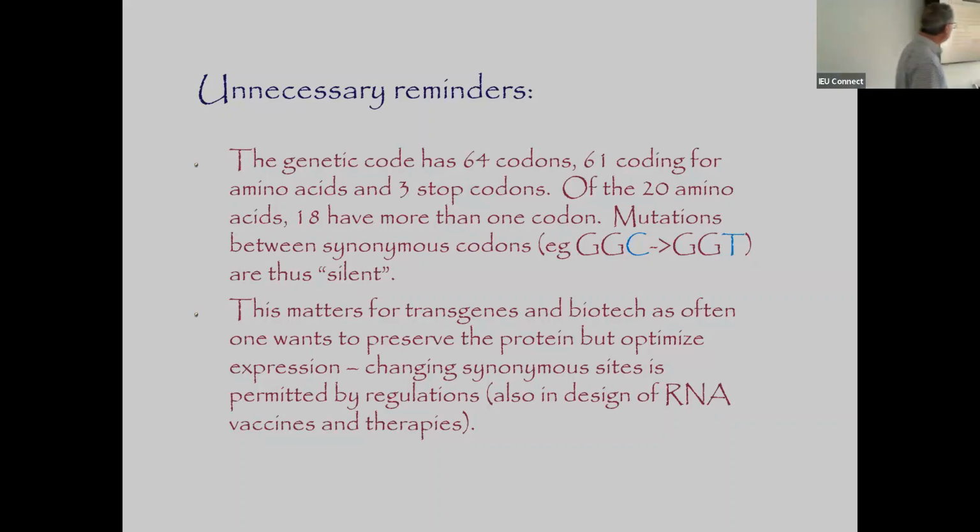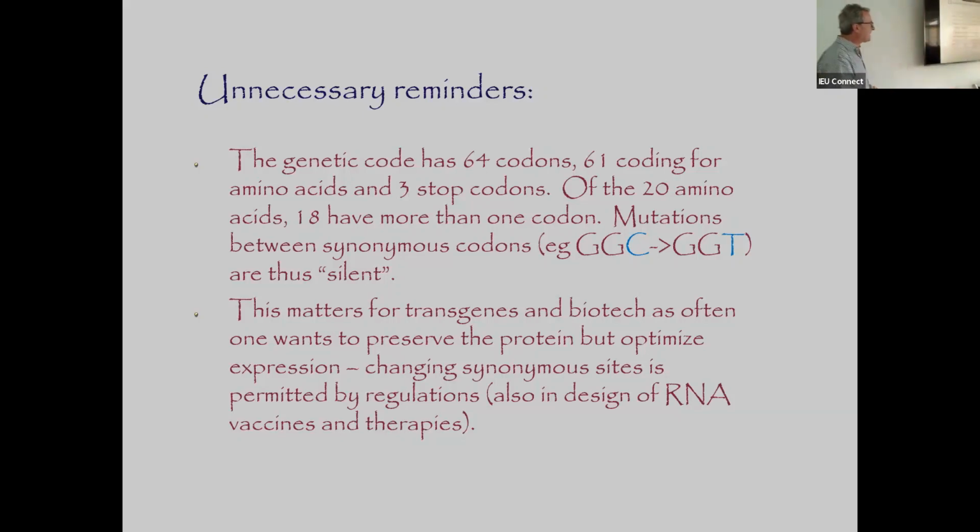Now, I wasn't quite sure what the audience was for this, but just in case, let me remind you, because this talk would be utterly tedious if you didn't know what a synonymous mutation was. So I am now going to patronize almost certainly everybody listening by telling you what a synonymous mutation is. So of course the genetic code, 64 codons, 61 of them are coding, 3 stop codons, but only 20 amino acids. 18 of those amino acids have more than one codon, and it's mutations between those that we're interested in. So here you see, for example, GGC to GGT, that's a synonymous mutation because they both, GG anything gives you